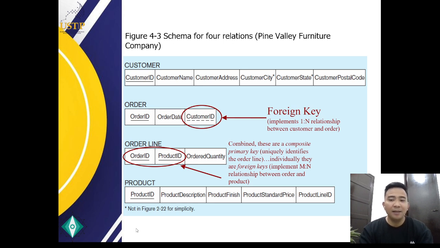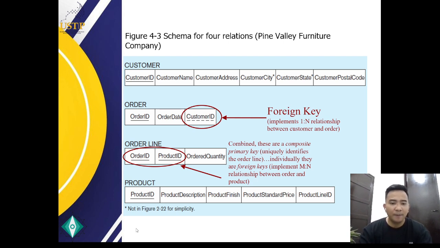It is uniquely identifying each order line. Individually, these fields are foreign keys that reference the order ID and the product ID columns in the order and the product tables. So respectively, it is indicating a many-to-many relationship between order and the product.